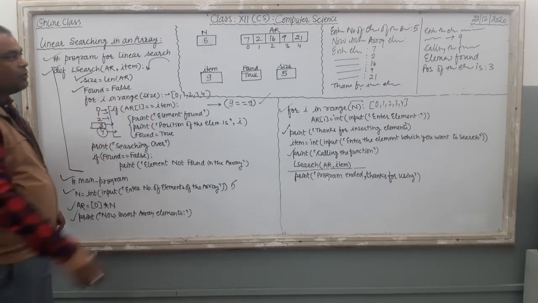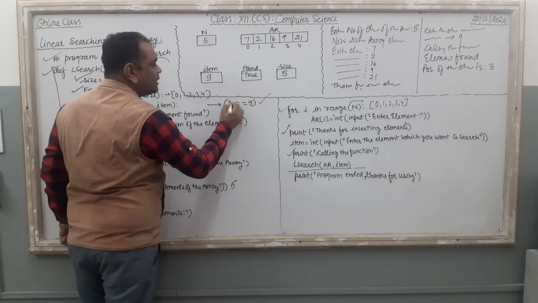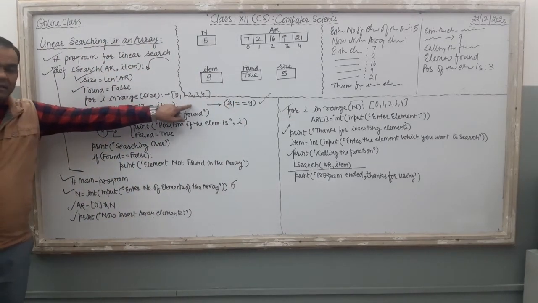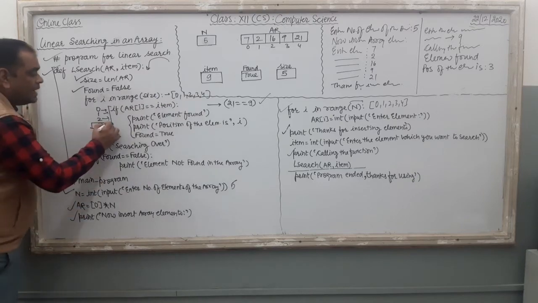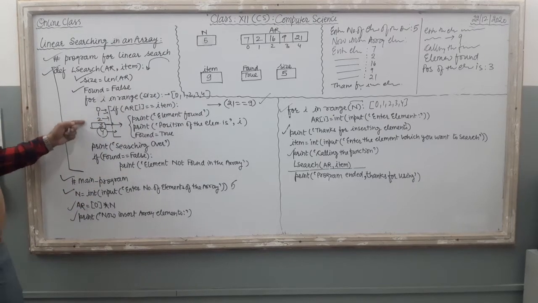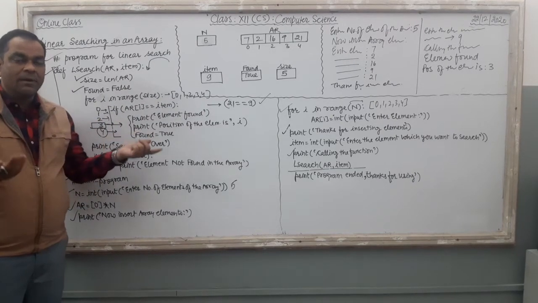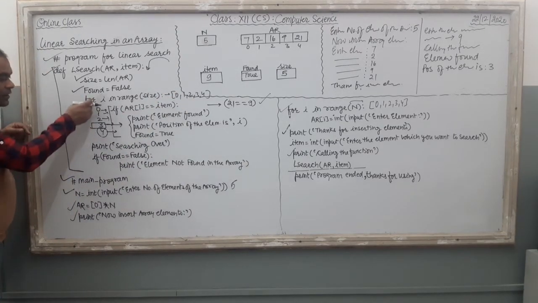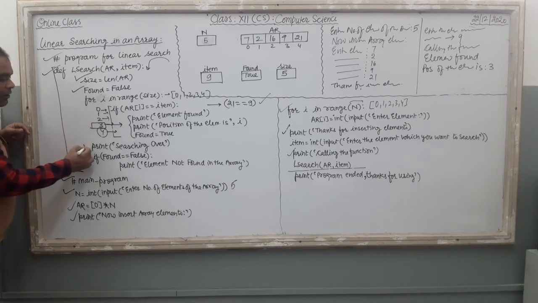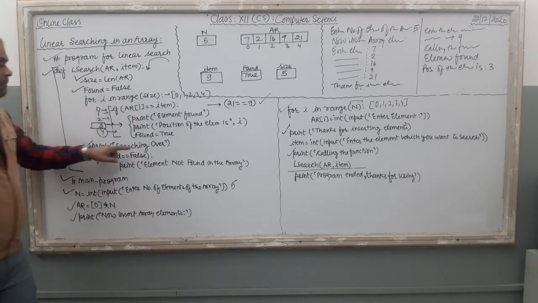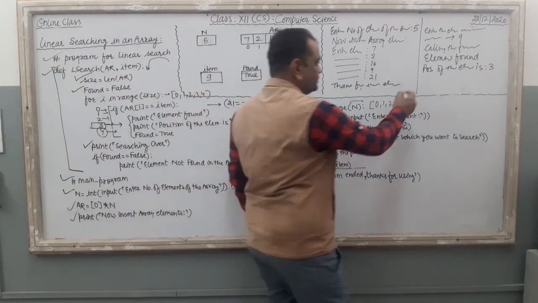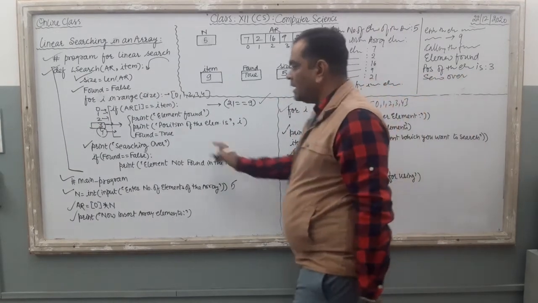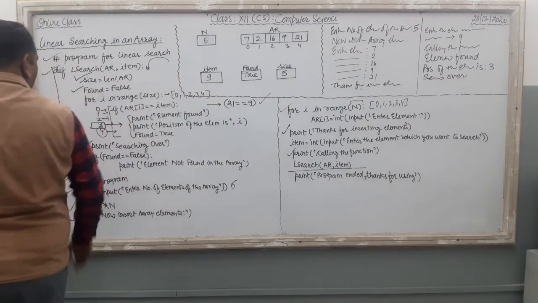AR4 equal to item. What is AR4? It is 21. So the value of I, again the condition is false. Where was the condition true? At the position number 3. As soon as it was true, the lines ran. At 4 it was not true, so it was skipped again. Then the execution of the for loop is over. Now the computer is here in this line. Here the message came, searching over. Searching over. Done.